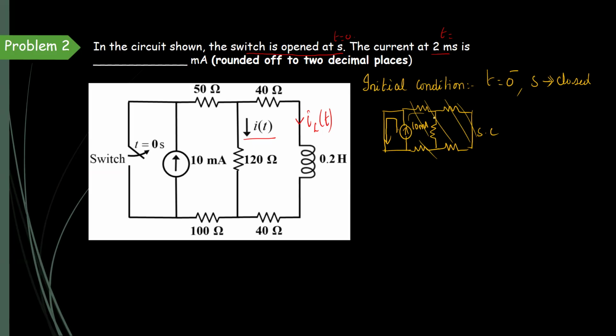So we can mark the current value at 0 minus, the current flowing through 120 ohms at t equal to 0 minus. We can mark I of 0 minus is 0 milliamps at the initial condition. There will be no current flowing in the right hand side direction. The full current will be flowing in the short circuited path. This is the first point. And next,